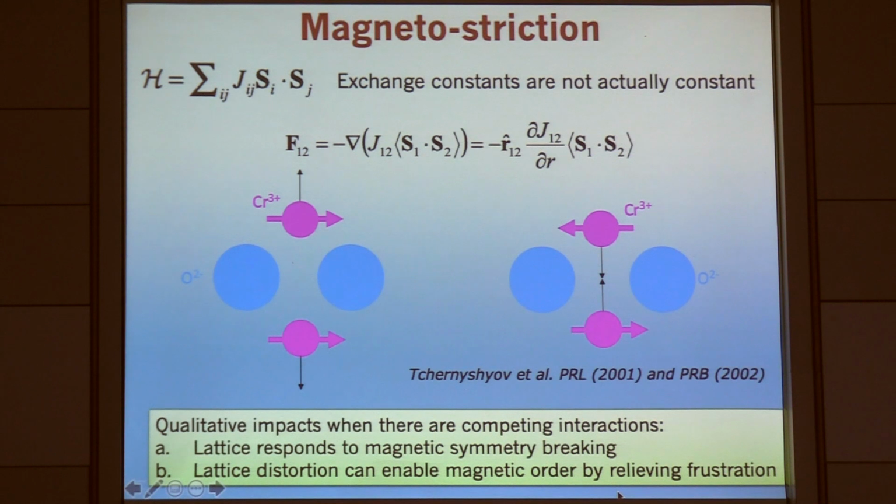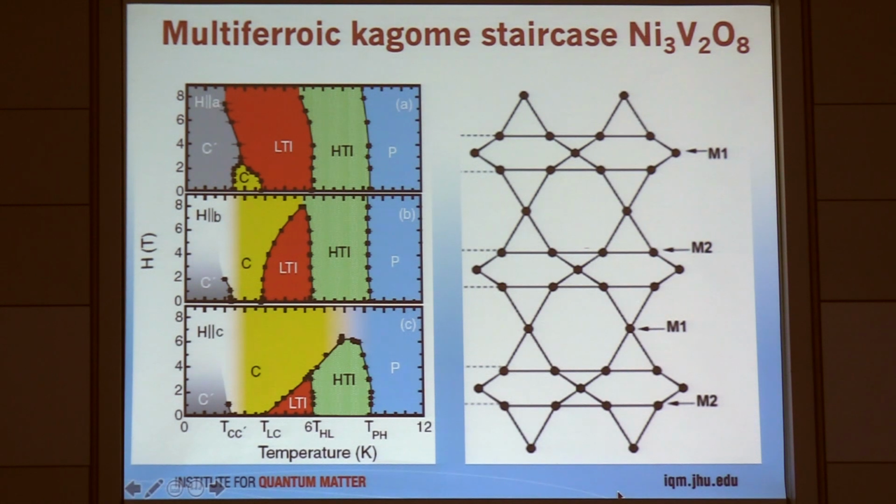And so we're going to look for interesting qualitative impacts of these kinds of behaviors, and I'm going to, as I mentioned, try to distinguish two different situations. One situation in which the magnetism is having its own criticality, and then we have, on top of that, interesting lattice distortions that occur. And then the second one is where these are really combined effects, that it really is a magneto-elastic type of transition. And as an example of the type A situation, I take this case of nickel vanadate that we looked